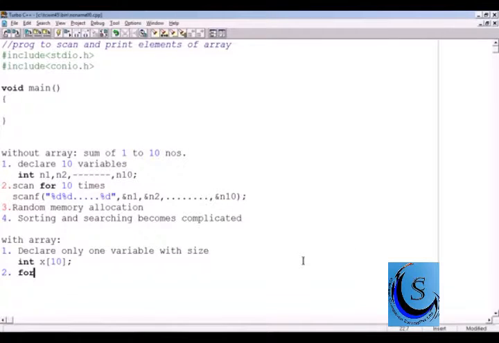Therefore here we have integer i equal to 0, i is less than 10 because here the size is 10, and i++. That is, this loop checks the variable from 0 till the number of elements - 1. That is, here the size is 10, the last location is at 9. And then you can write a scan,